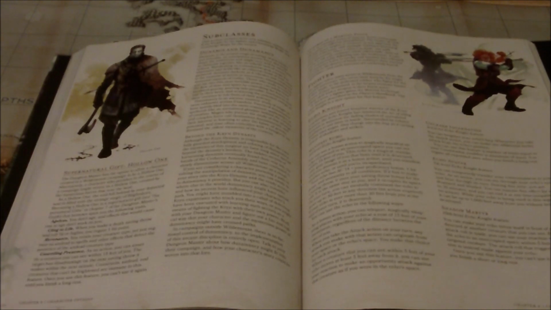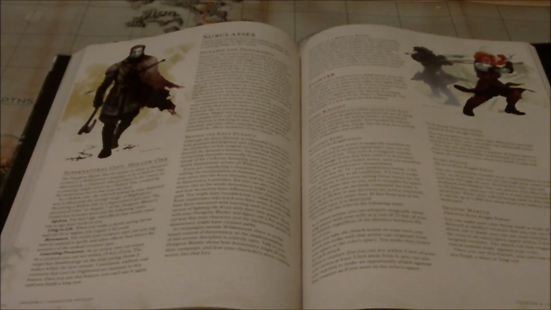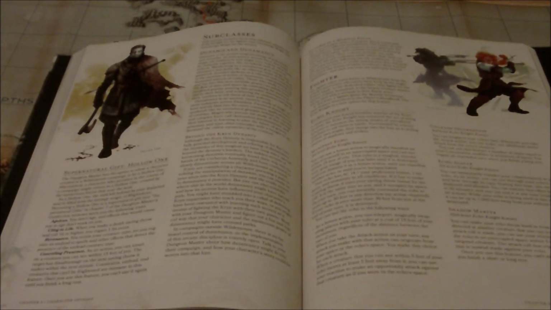Then we get into our subclasses. So this is something that I haven't really read a whole lot of yet either. But we have a subclass for the fighter called the Echo Knight. And this says, a mysterious and feared frontline warrior of the Kryn dynasty, the Echo Knight has mastered the art of using...